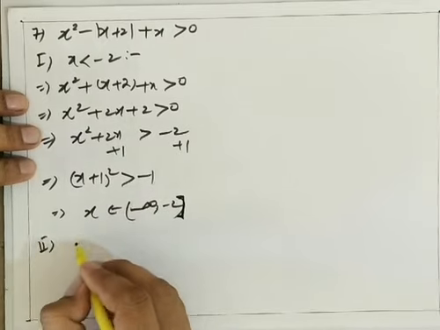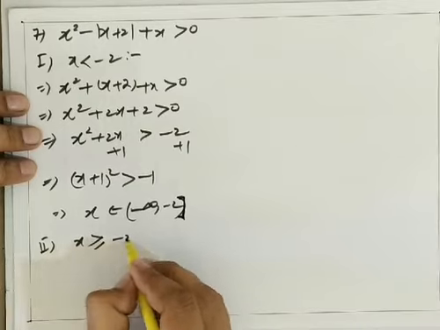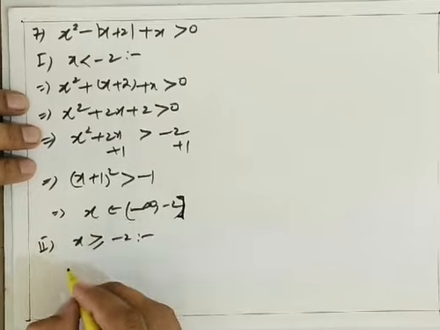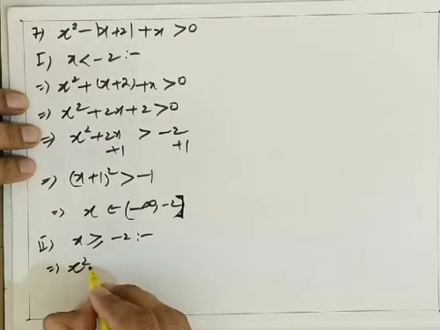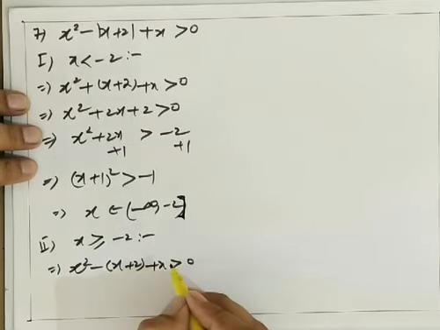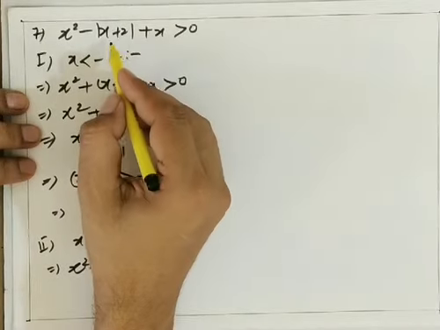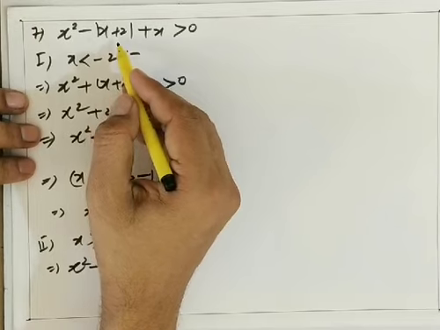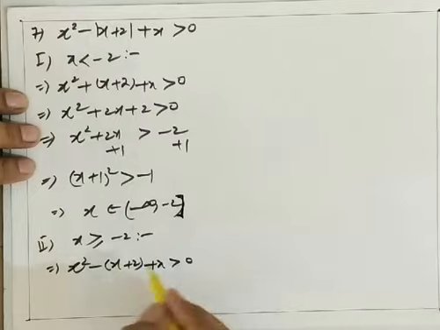Now let's see the second case. It is x is greater than or equal to -2. Although I have taken equal to there also, but we will see. This will give us the inequality as x square - x + 2 + x is greater than 0, because if I put any number in this interval, suppose 0, if I put 0 in the mod, I will get 2. 2 is already positive, so it will come out as it is. So there is no need to do any change in this modulus. So I'll copy it as it is.